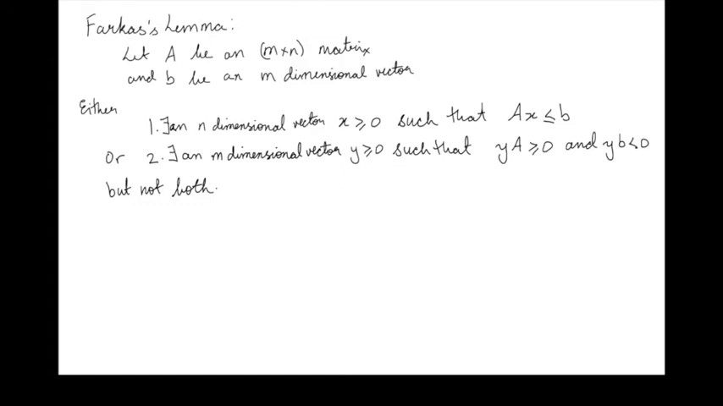To prove that the set of best responses is equal to the set of undominated strategies, we're going to use a result called Farkas' lemma. It says that if you have a matrix, an m by n matrix A, and you have some vector B, so an m-dimensional vector B,